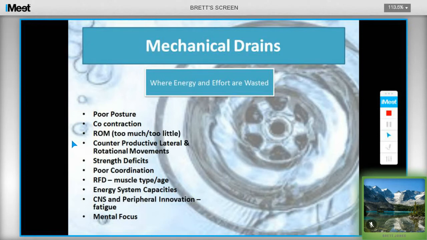capacity, or it might be the ability to run a marathon in 4 hours and to sustain that aerobic output over that period of time and the muscular strength that's required underneath that. So often we see energy systems limiting our ability to run as well. Central nervous system and peripheral innervation and fatigue. So these are things that